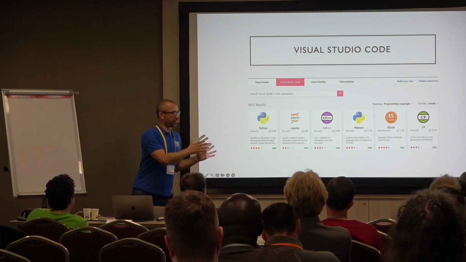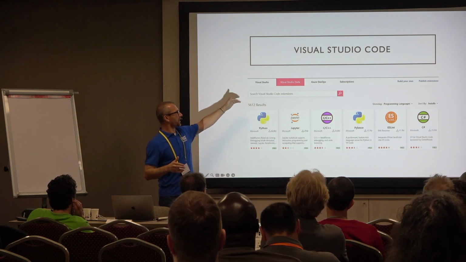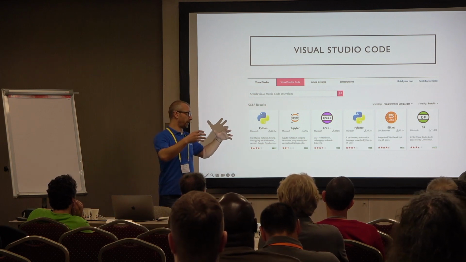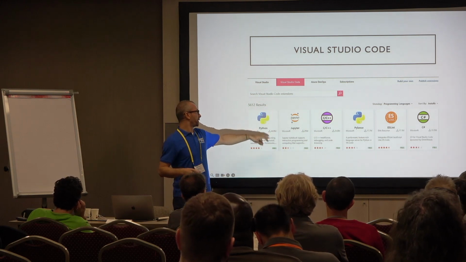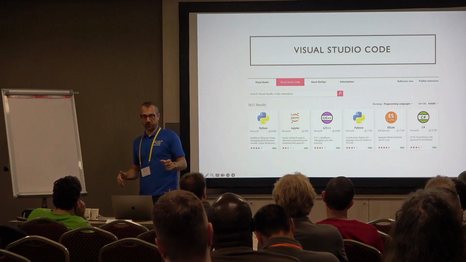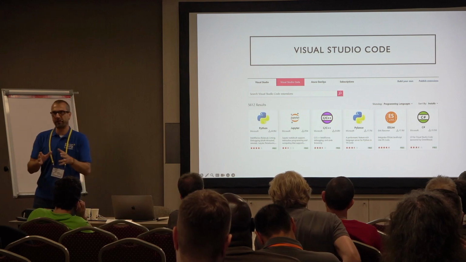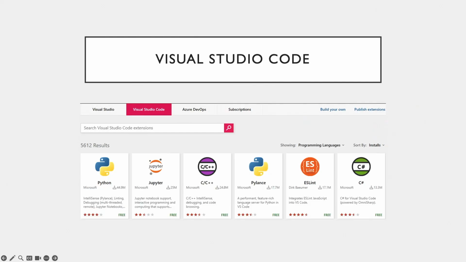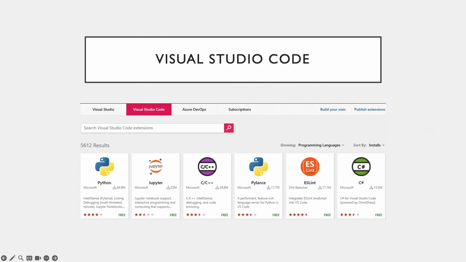So you will find here extensions are categorized by topic. Just in terms of programming languages, you have more than 5,000 results. I wouldn't say that there are more than 5,000 languages being supported, probably a bit less than that. But you can find support for very popular languages, Python. You will find also support for completely obscure languages, such as brainfuck, for example, which is something completely crazy, a crazy language.